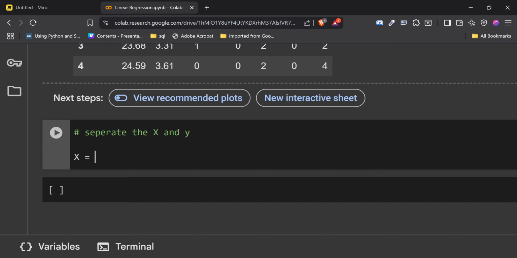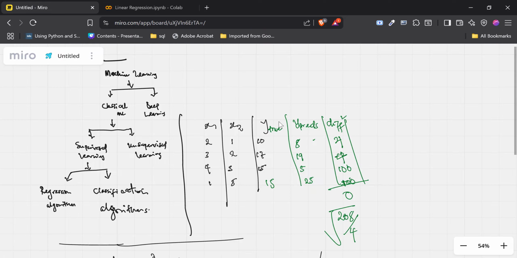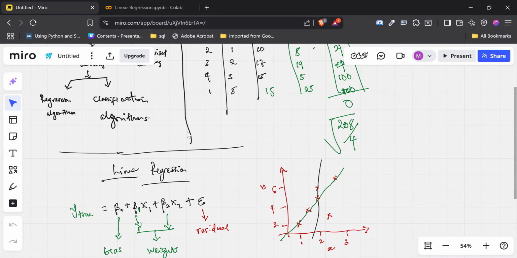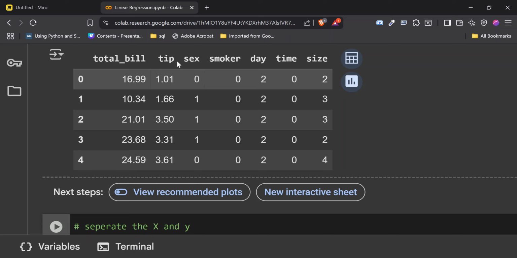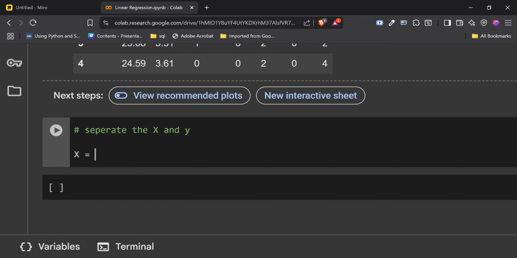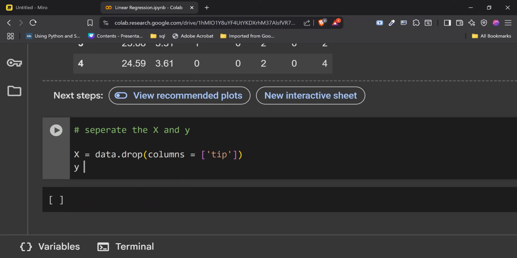So our x, which is capital X, signifying that there are several x's, which correlates with x1, x2, up to any number of x that we have. So that is going to be all of the things that we want to use to predict. So it means we need to remove tip, which is what we want to predict. So I'm going to say data.drop, columns equals tip, and our y is going to be equal to data tip.